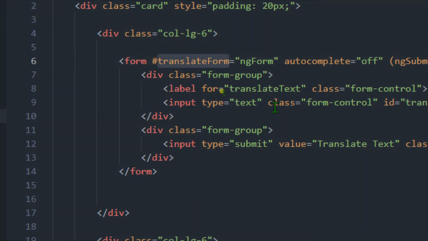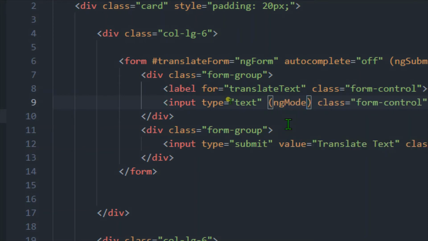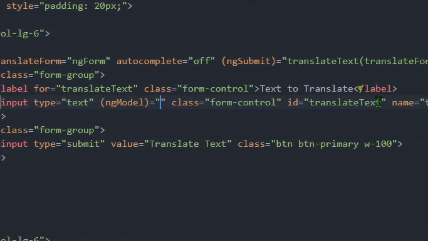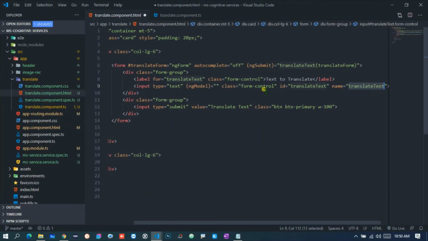To specify this we just need to give ngModel equals to the name of that particular field. The name of this particular field is translateText. So let me copy this one and paste it over here like this, and again we just need to write translateText equals ngModel like this.